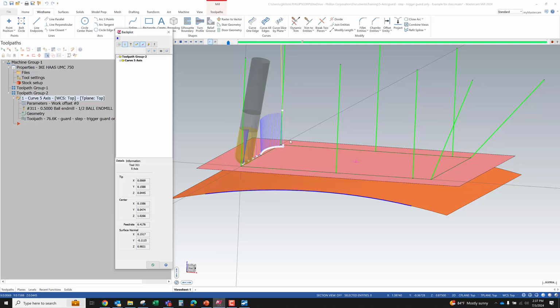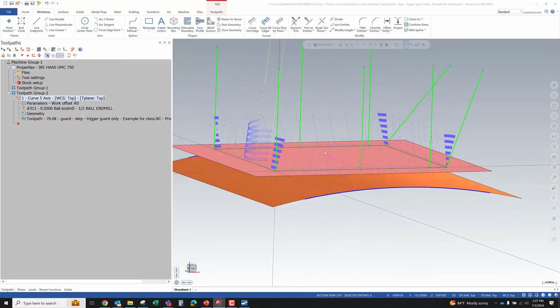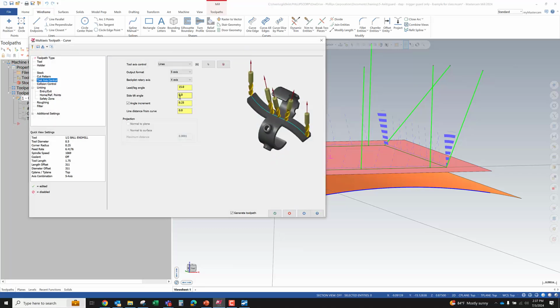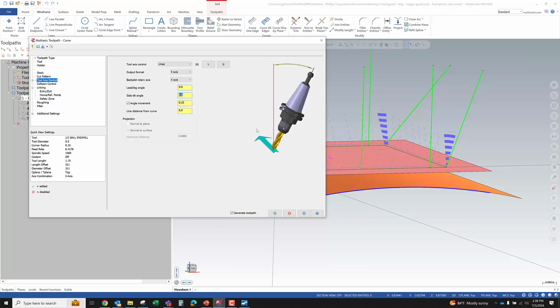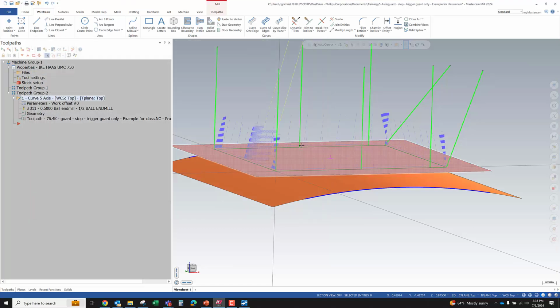So 15-degree tilt. Now there's some rotation as it goes to the next section. 15 degrees. Figures that out. And again, we took out these tilty lines, so we're only tilting in the direction of the tool. Now, I tend to not use lead and lag a lot because of some of the issues with rotating at junction points like this. But side tilt, I use this bad boy quite a bit. So if we give it 15 degrees of side tilt,